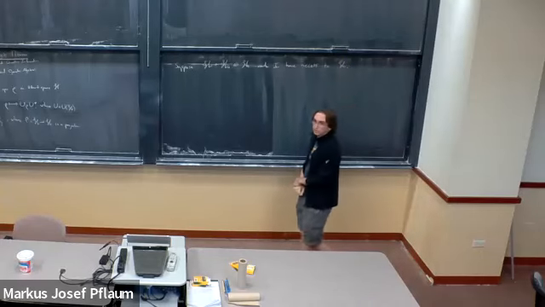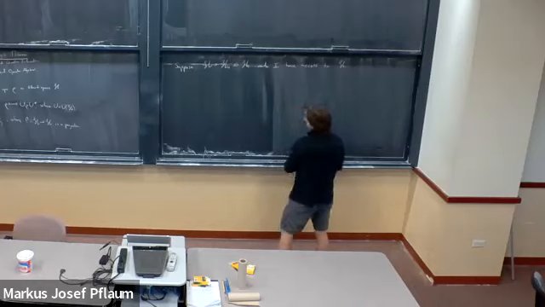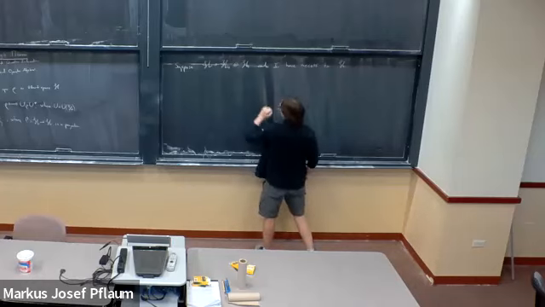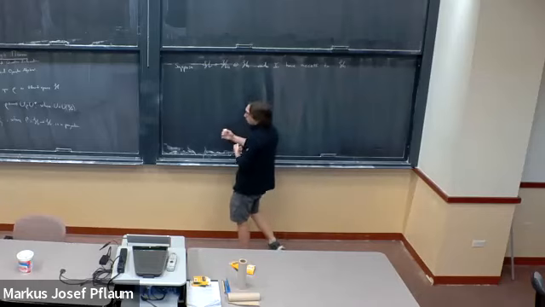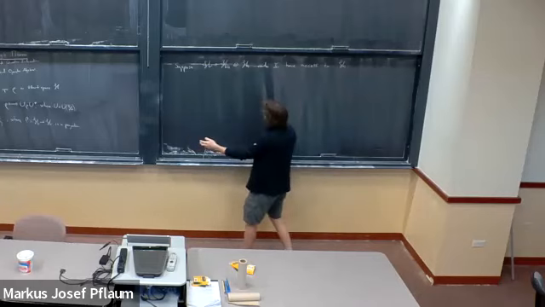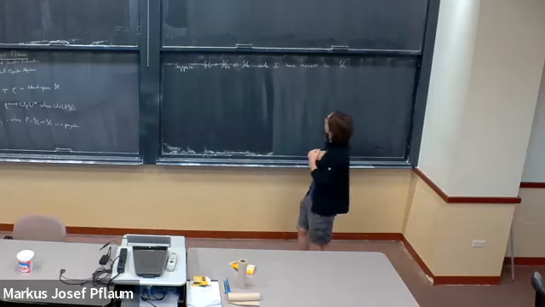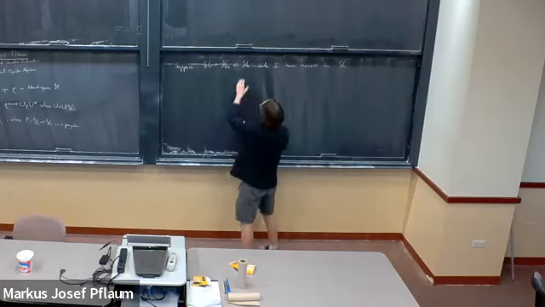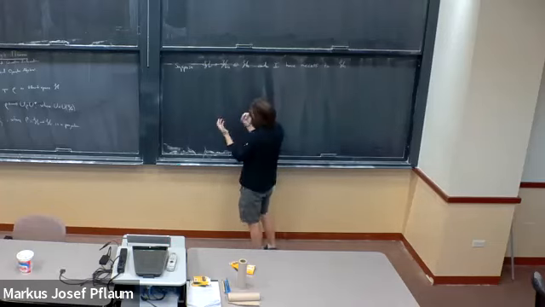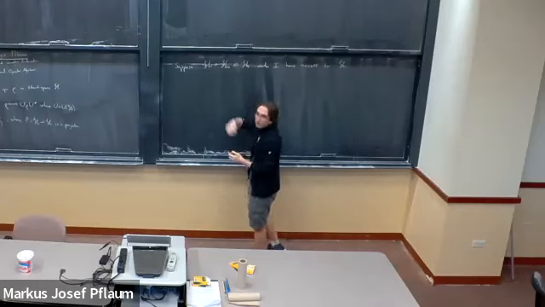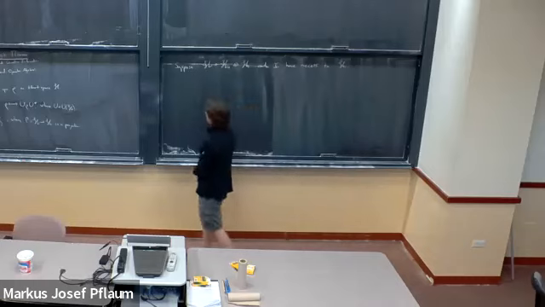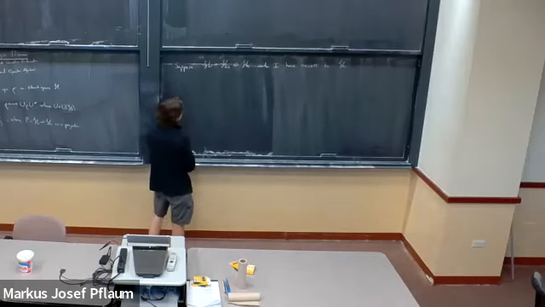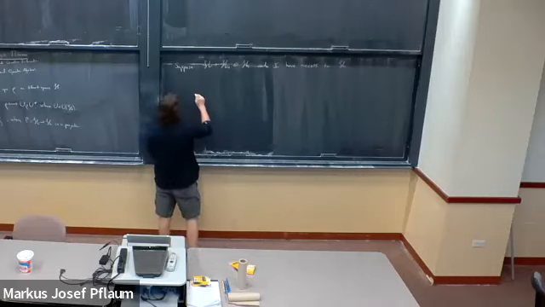Suppose that the total Hilbert space is in two pieces, and I have access to, or I measure, only observables that are supported on H1. So things that look like identity tensor H1. This could be, for example, if my friend and I each have a qubit and I only have access to one qubit, or it could be that this is the system I'm interested in and this is some environment that could introduce noise to my measurements.